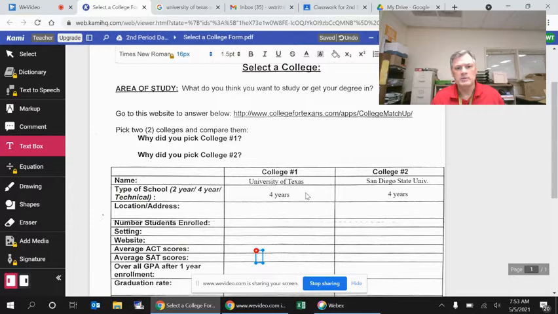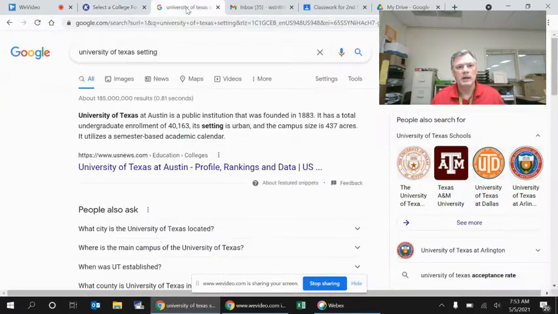The type of school, it takes 4 years to graduate with a degree. Same thing with San Diego State University. If you decide to go to Collin College, Richland College, those are community colleges. Those are 2-year programs. A technical school would be like a vo-tech school. Okay, so the University of Texas, I went in here and